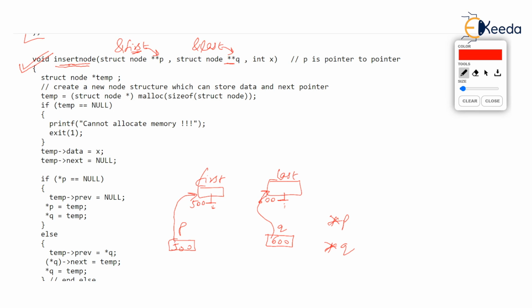Asterisk P means the value to which P points, and that is nothing but first. And asterisk Q means the value to which Q points, and that is nothing but last. So, in this function, if you write asterisk P or asterisk Q, you are accessing nothing but first and last. Okay. Now what next? After first and last addresses have been copied in pointers P and Q, remember